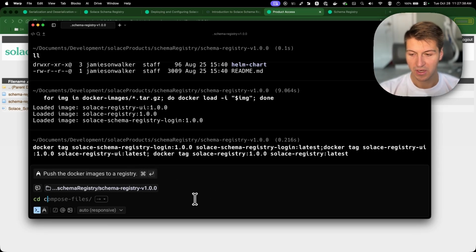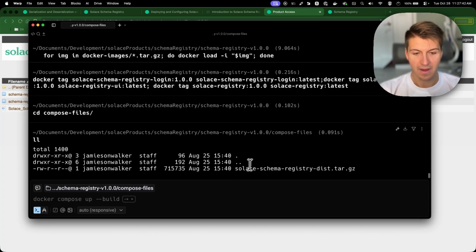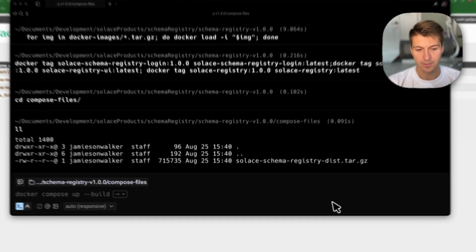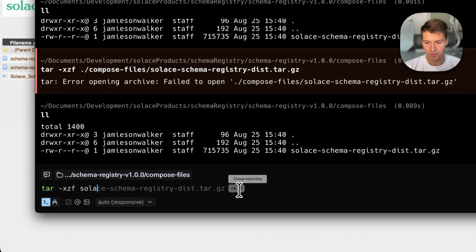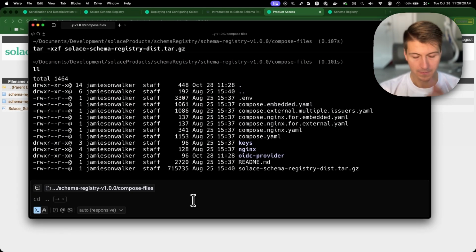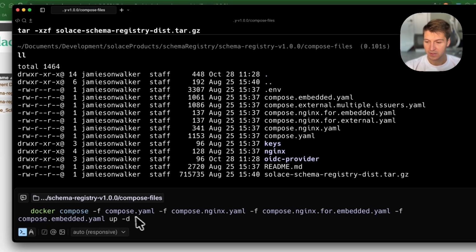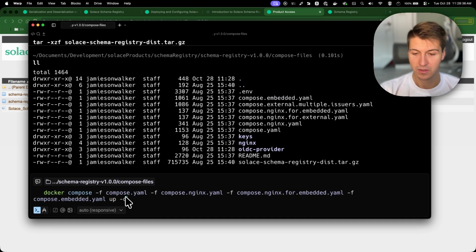The next step is to change into the compose-files directory. Inside of here, we have another tar-zip file. So we're going to untar and unzip, tar -xzf Solace Schema Registry dist. Okay, so inside of here we have a number of compose files. We'll use these to actually spin up our schema registry locally, and then go ahead and interact with the schema registry. Standing this up is relatively straightforward, but because we have support for a number of different deployment scenarios, you